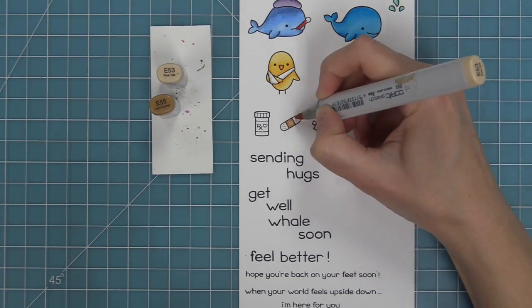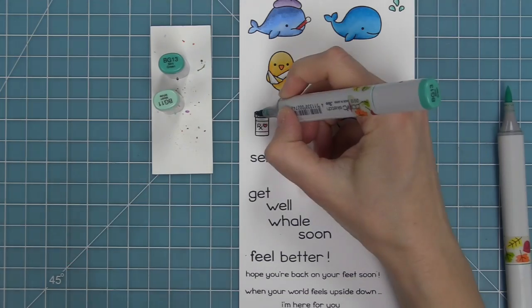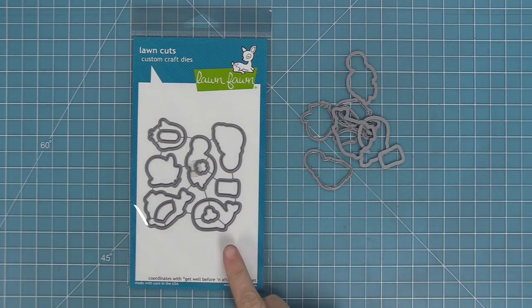I do the same thing on the nurse's hat, and that makes that white area just have a little bit of detail, but still keeps it nice, bright, and white. And then now I'm just going to be using some fun different markers there to add some shading to all of those accessories. Here are the coordinating dies, which you can bend apart at the tabs or use your wire